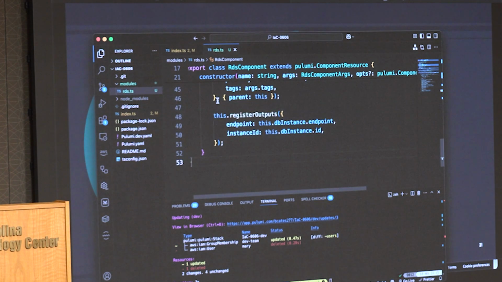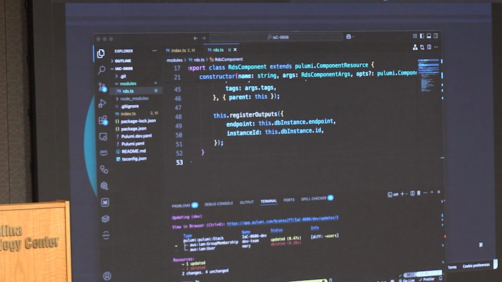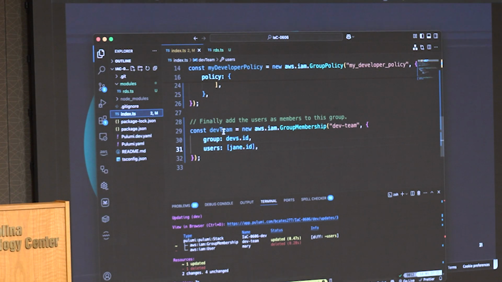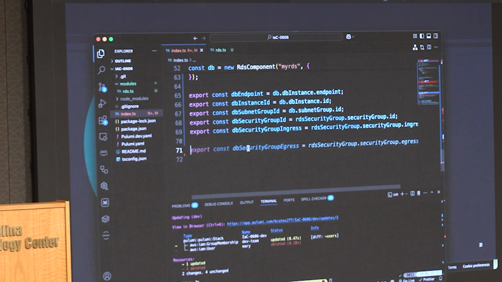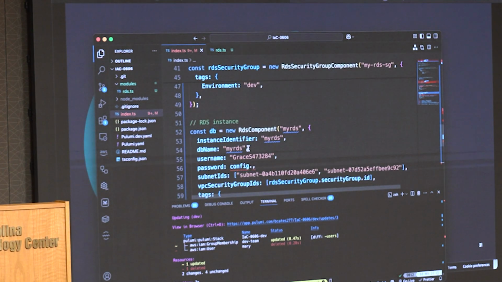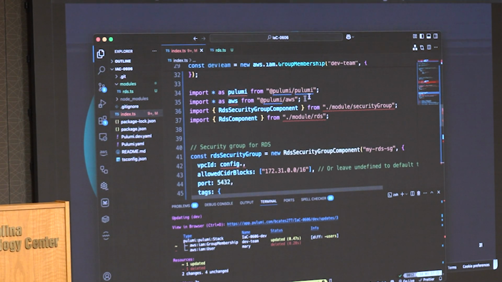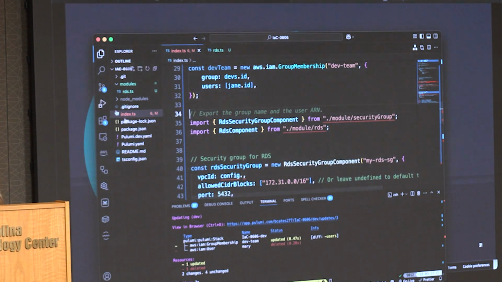Okay, so now I'm going to grab the code that's going to go in the index file. This is also going to include the security group information. I think I grabbed too much. Okay, I'm going to pull this. And I think I'm missing one.